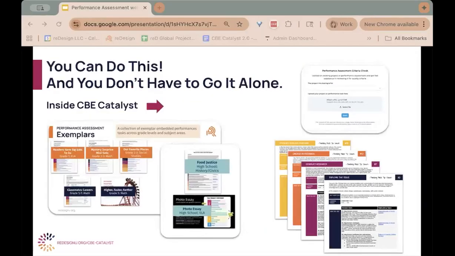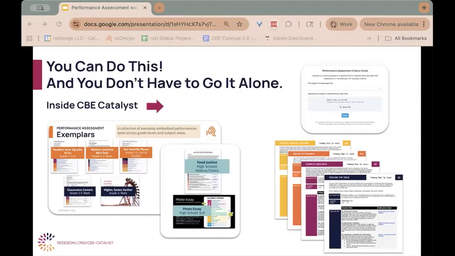And you do not have to do this alone, and you can absolutely do this. We promise. I know there was a lot today. One of the things that we prioritize in Catalyst in our learning pathways is that they're not just about the learning, although there is a lot of learning you can do. We just shared a lot of information with you today, and it's the tip of the iceberg.